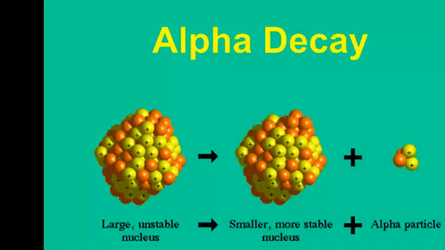Okay. Alpha decay. This kind of decay is, remember, decay is just changing, something's leaving that nucleus in the middle. So you start with a large, unstable nucleus, and when alpha decay is over, you have a smaller and more stable nucleus. So what is leaving are these alpha particles. So this nucleus will shoot off an alpha particle and be a little smaller and more stable. That's what is